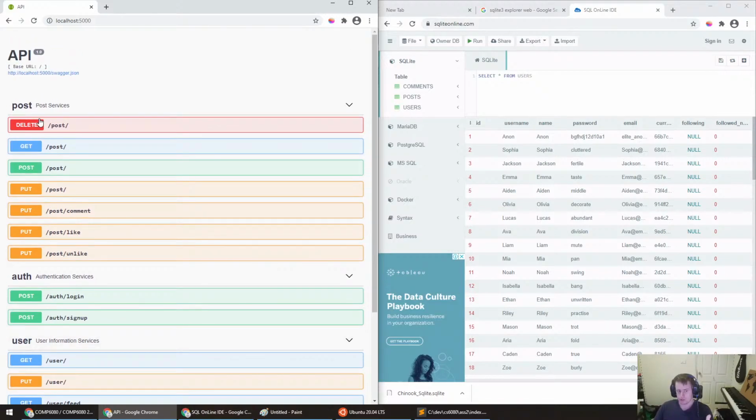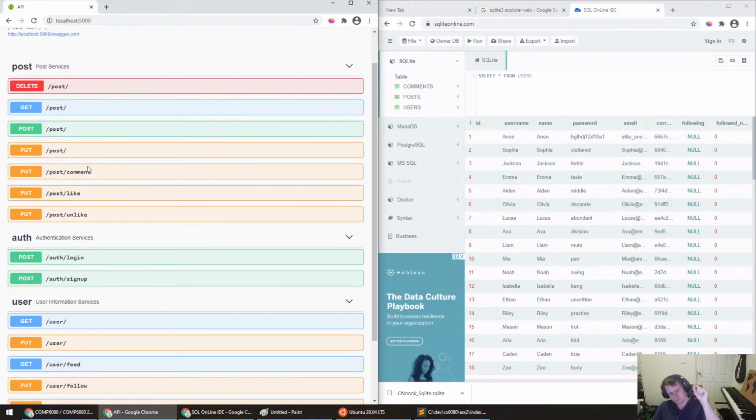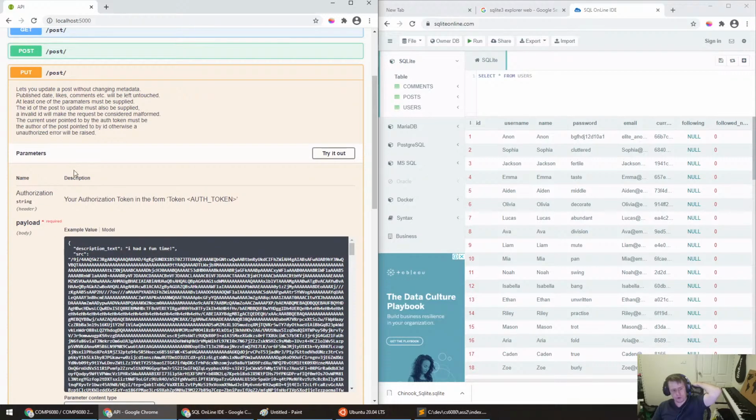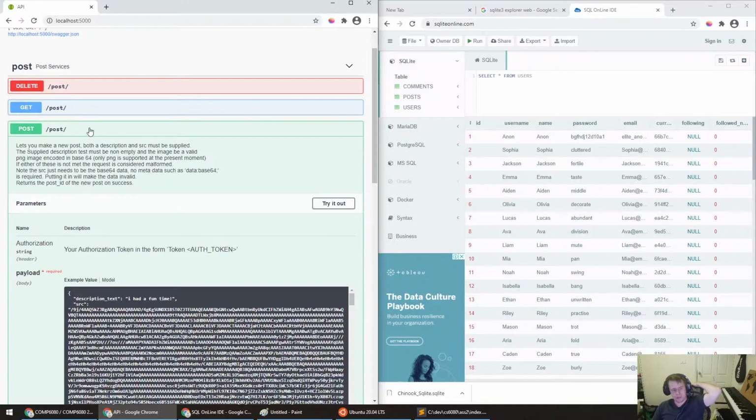And then there's some post services, as in making a post on Instagram, where you can add a post, delete a post, comment on a post, like a post, unlike a post, and everything like that. These are all the different capabilities. The thing you'll notice is that on pretty much all of these endpoints,